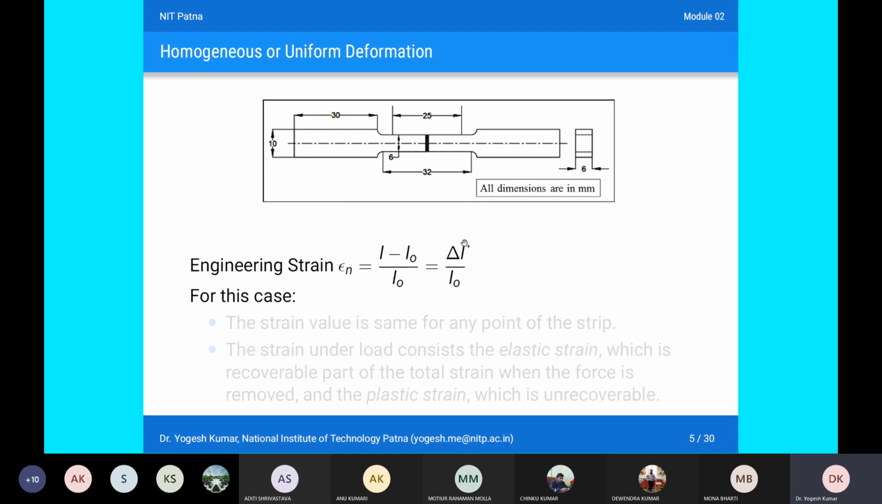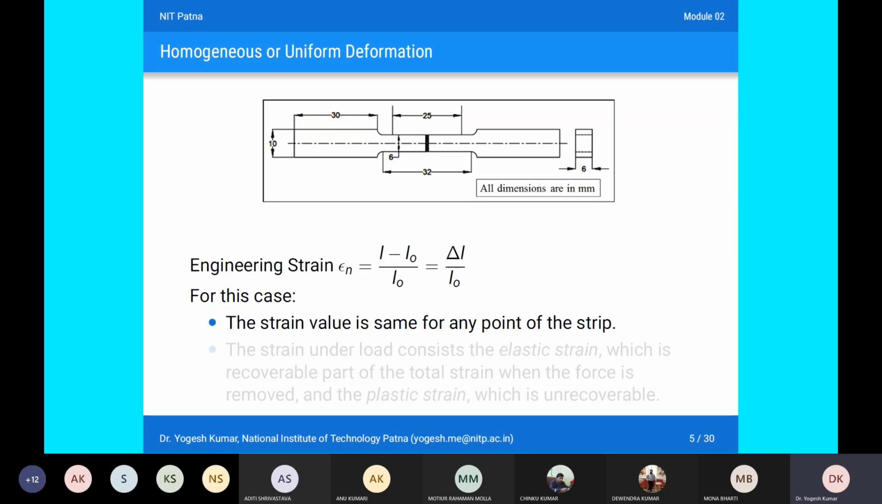In this simple case, we assume that the strain has the same value for any point on the strip. So the strain value at each point is the same. It is not like at some portion the strain is more, and at some portion the strain is small. The deformation in the metal is uniform. Now in a tensile test, if the force has exceeded your yield point strength,